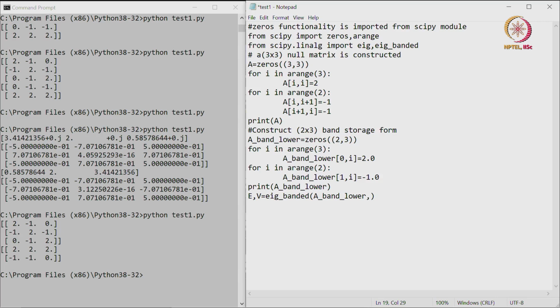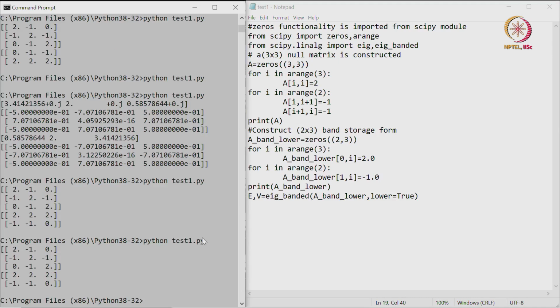But in this case, because we are using lower diagonal elements, by default it is taking the upper diagonal elements, but if I specifically want to use lower diagonal elements, then I have to make lower to be true, then it can calculate, otherwise it will not be able to calculate it. And then you have to print it, print E, print V,